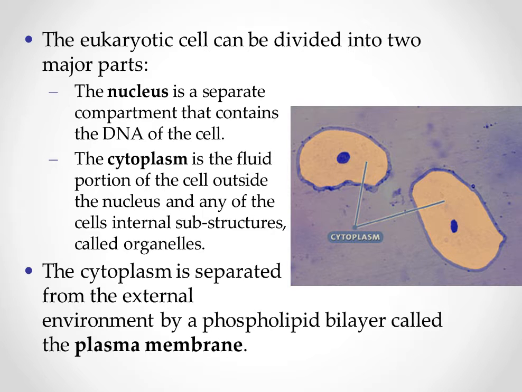Now, our eukaryotic cells are basically divided into two sections. You've got the main section, which is your nucleus. This is a separate compartment, and this is where your DNA is going to be housed. The cytoplasm is fluid-like, the fluid portion outside of the nucleus, and this is where all of your organelles are going to be held. So it's separate from the external. Our actual plasma membrane